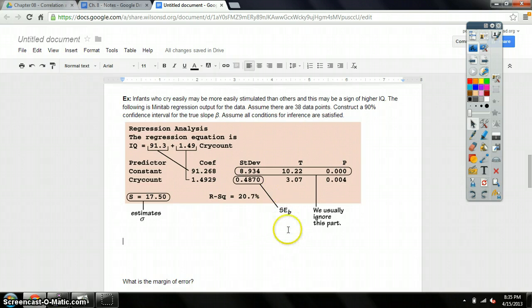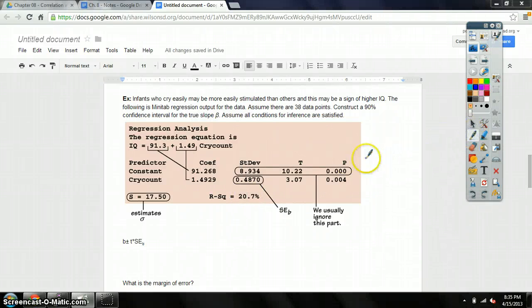Now we have this equation here to solve for our confidence interval. But we need to know what our slope is. We just found that it's 1.49. Our critical values, we know how to find that. Okay? And our standard error of the slope of the regression line. Okay, so right here, that's given to us in this problem, it's 0.487. We also have here r squared is equal to 20.7. So r squared is we